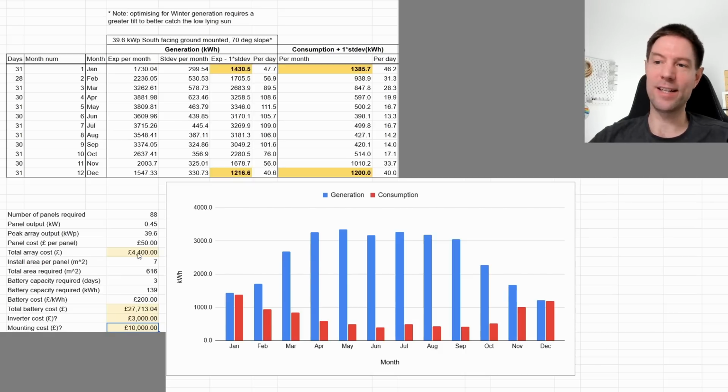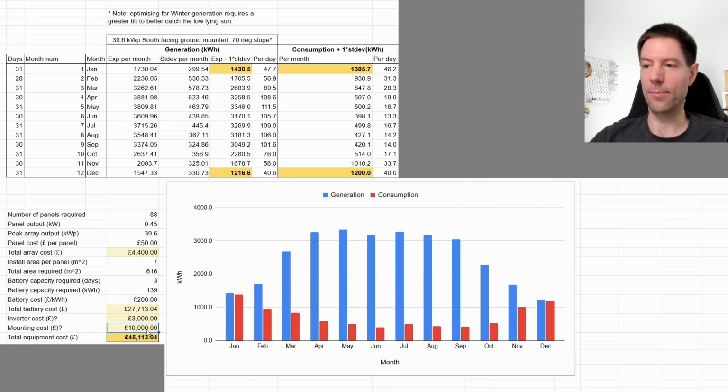£10,000, so basically double what it costs to actually buy the panels themselves. Maybe this is wildly overblown, I don't know, but again, it's more or less irrelevant because if you add up all of that stuff, the cost of the equipment is pretty much about 45 grand. So if the mounting system cost 5 grand, it's still 40 grand total. So still loads and loads of money, and that's assuming you do all of the work yourself, that you're not